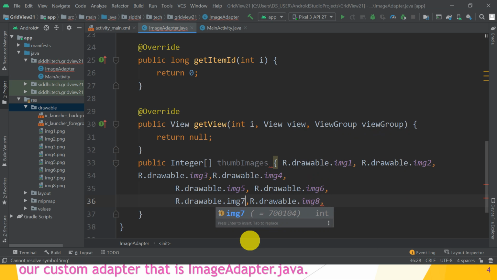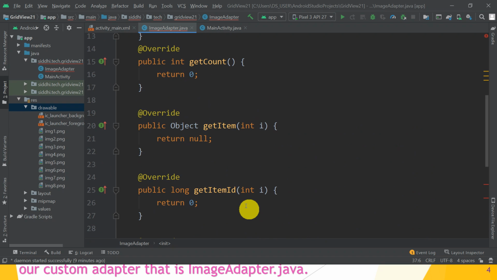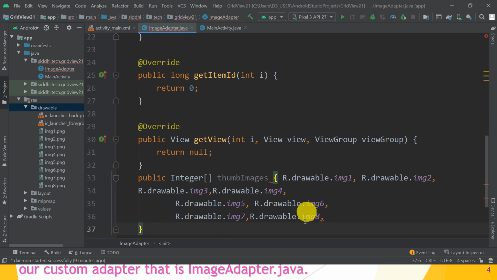So these are the 8 different images present in my drawable folder. I have set it as an integer array. Great guys, hope you understand how to create the array of images, that is as a type of integers.